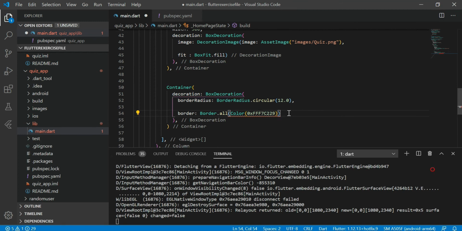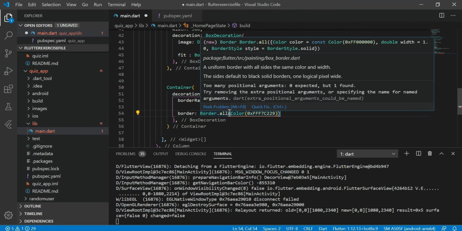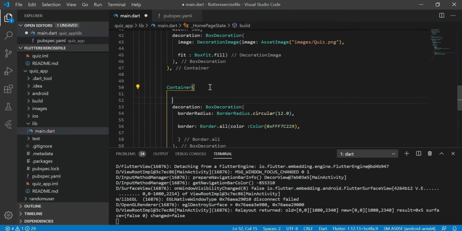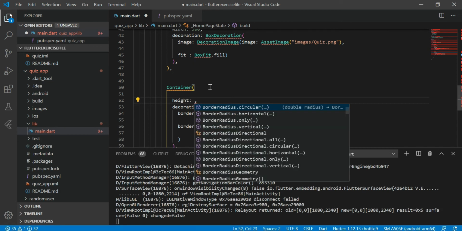Why is it giving me an error? Oh, I forgot to add Color in front of this, like this. Now it's good. Let's give a height and width also.